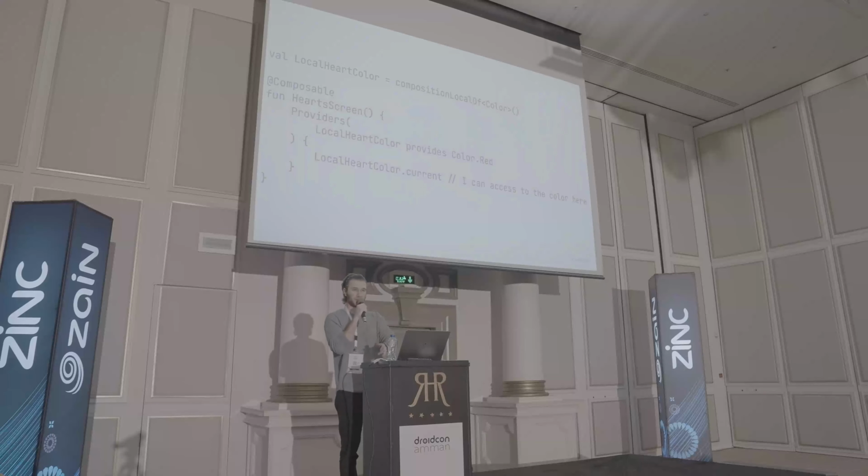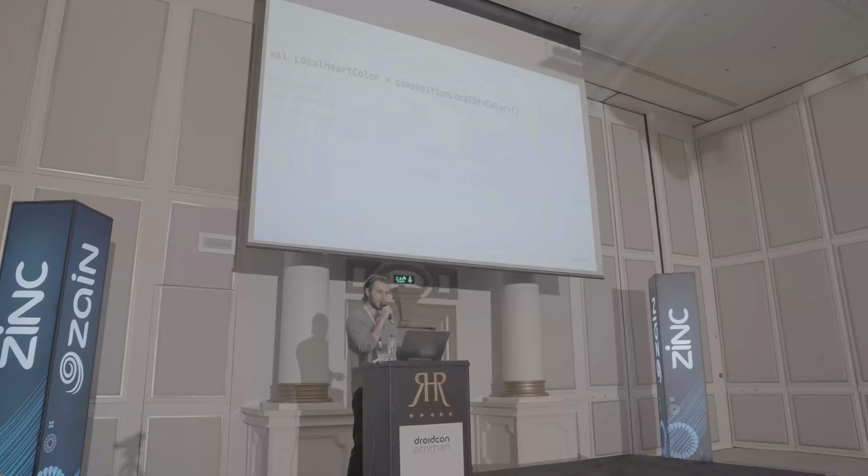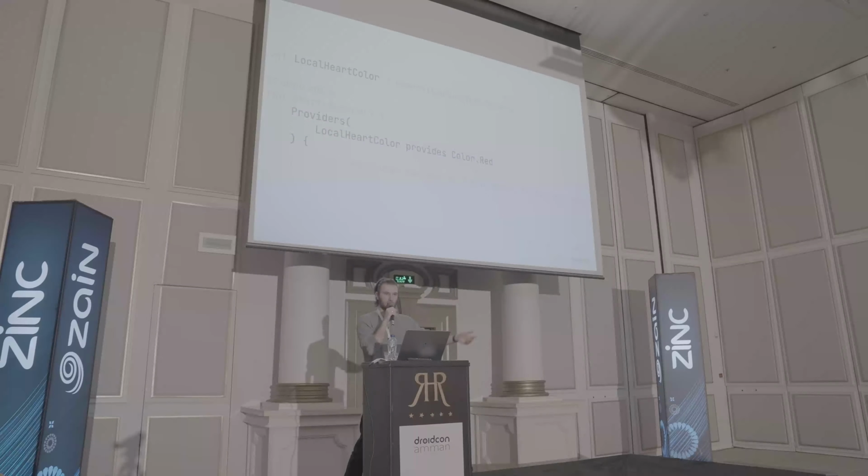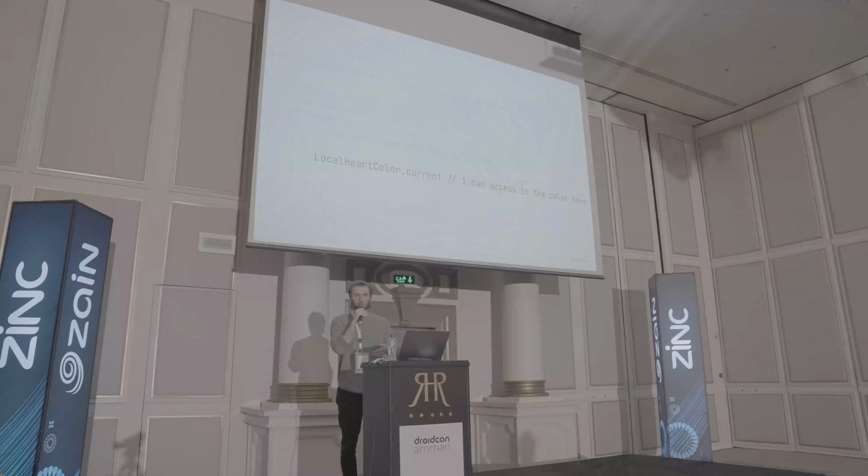So to do this in the code, we have to first define a composition local. Basically, it's kind of like a global variable which you can redefine somewhere in the middle of the hierarchy. And then to assign some value for it, we use this providers function, which says that for this global variable, we provide this value. In our case, it's a local hard color, and the color is going to be red. And then somewhere down below, within this UI hierarchy, we are going to be able to access this property and read the value using